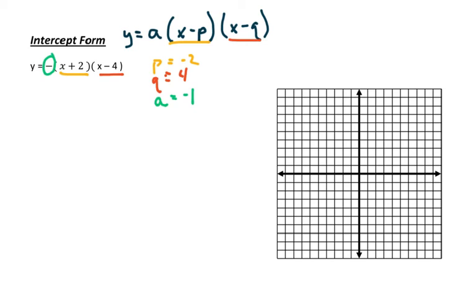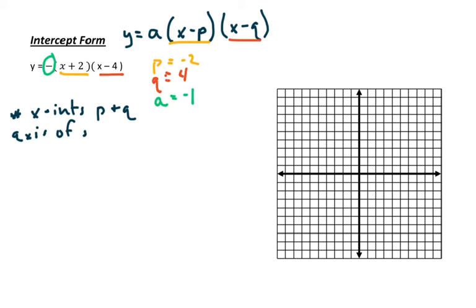So here's what we know about x-intercept form. We know that we're given the intercepts. The x-intercepts are p and q. Here's what else we know, that the axis